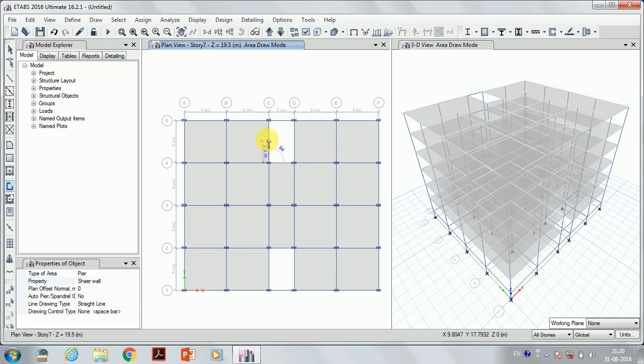I'm giving for 3 meter. Make sure that the angle is 90 degree and the 3 meters. OK. Similar manner, check this also 3 meter. OK. Similar manner, I'm going to get the 3 meter shear wall. OK. So now all story,